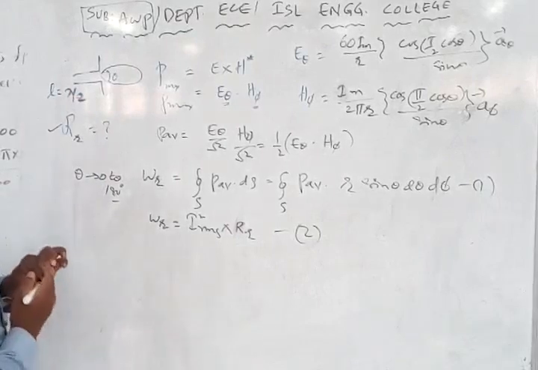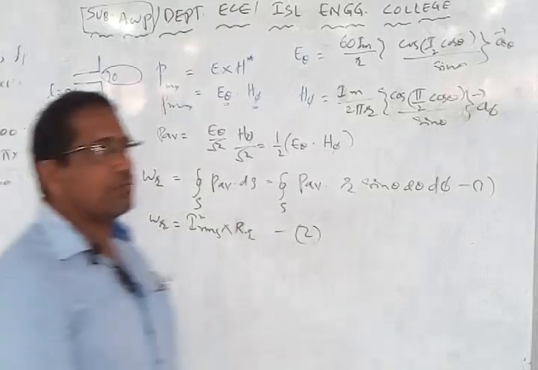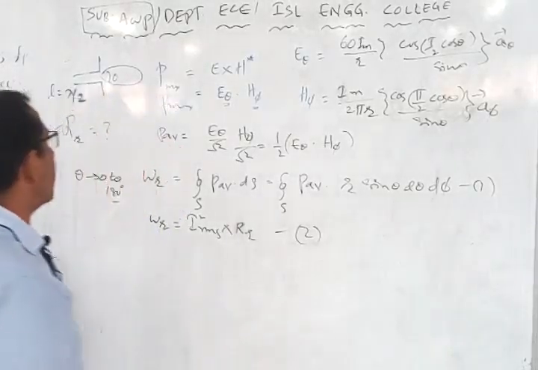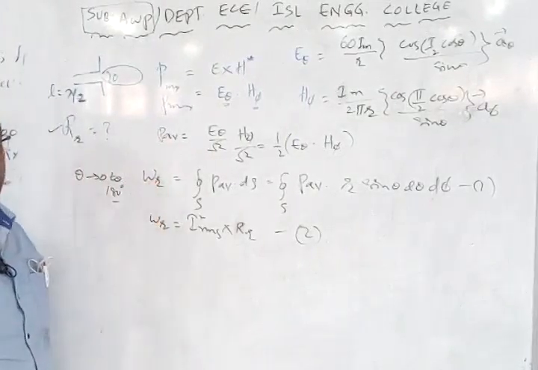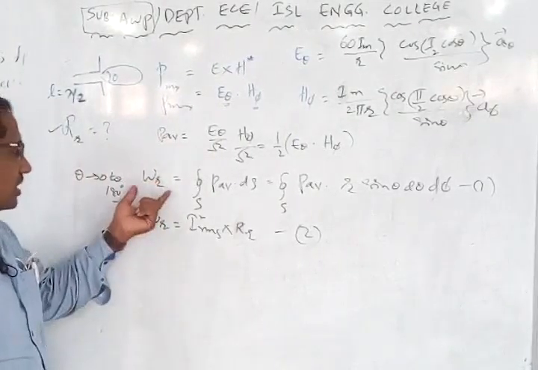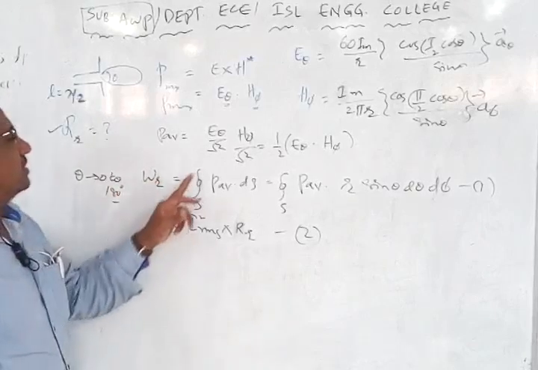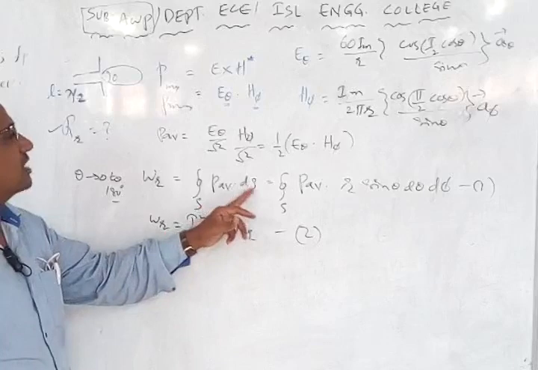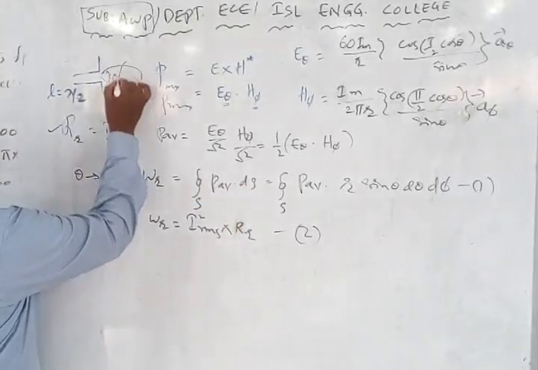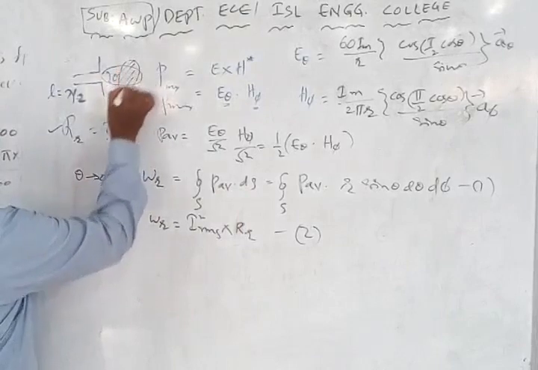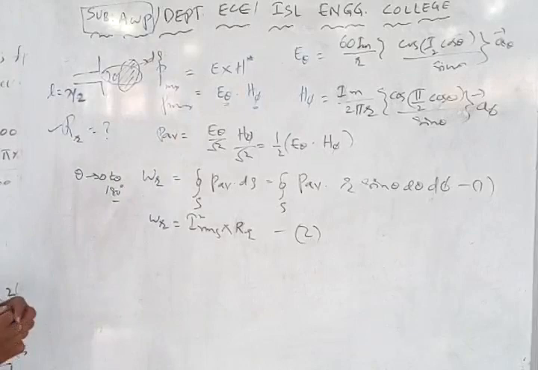So therefore you have to find out the radiation resistance of this particular half wave dipole antenna. In order to find that, first of all we will get into the formula for the power radiated. The power radiated is equal to the surface integral. That means we are considering a surface. See here, this is the surface, and I can simply consider an incremental surface area called ds, a differential surface area.